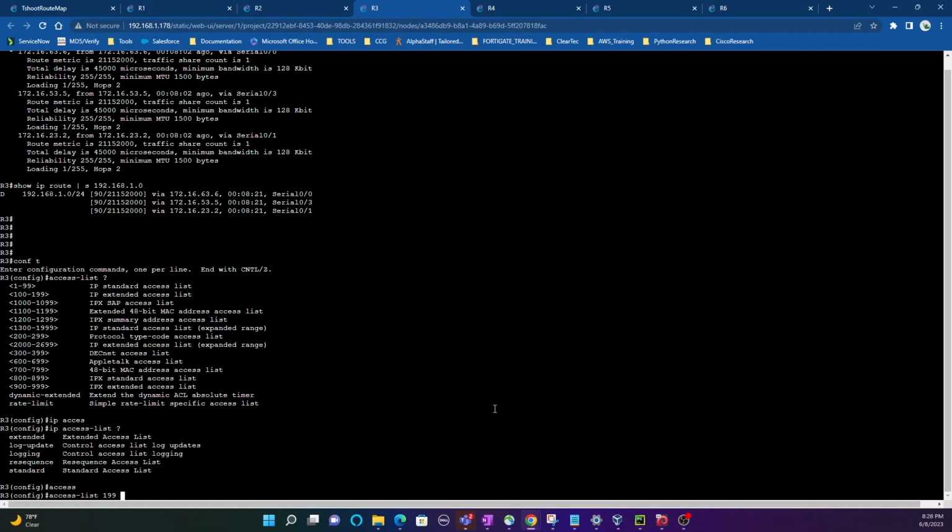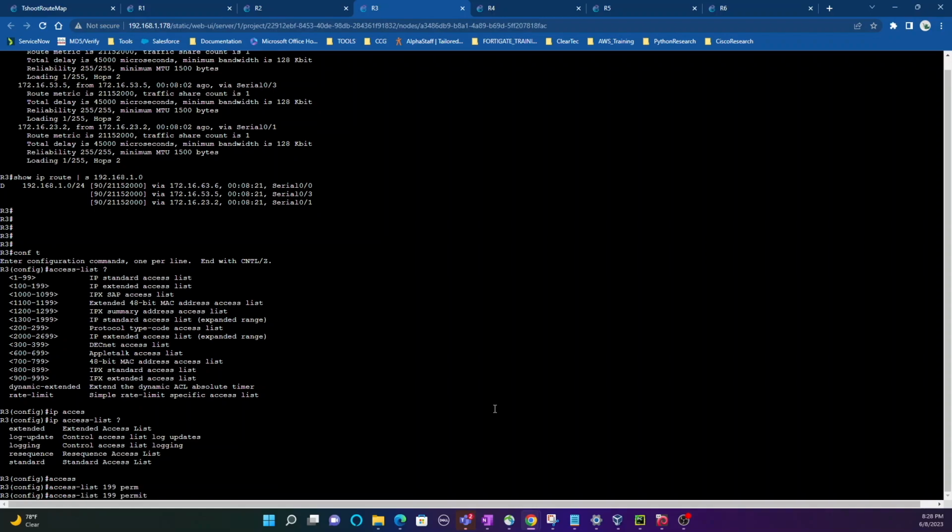Just a basic access list, a standard one, right? I'm sorry, an extended one. And then we're going to permit. It's extended because we're going to specify a specific protocol. And with standard, you can only do source and destination IP address. We're going to permit